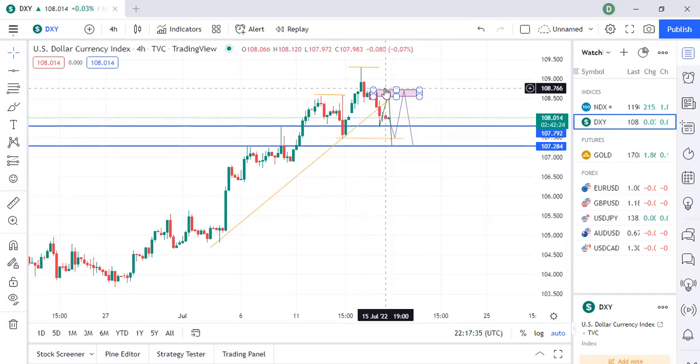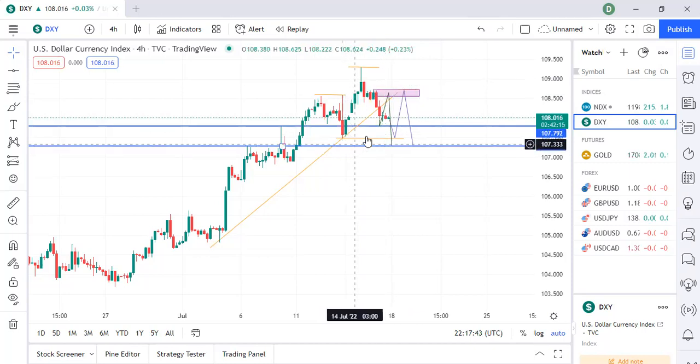And last week, I told you that we had the CPI news coming up. So I was looking at the market making a pullback between Monday and Tuesday, and then on Wednesday we should see the market move up to the upside. I was looking at this high being taken out. As you can see, we took out this high last week, and then we started falling after the news event.